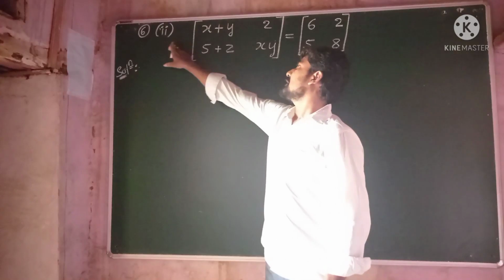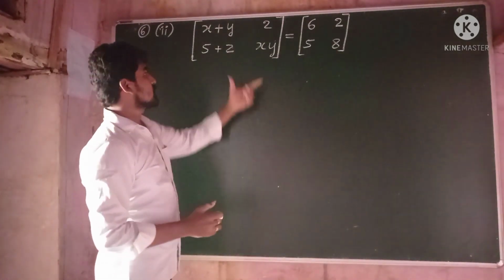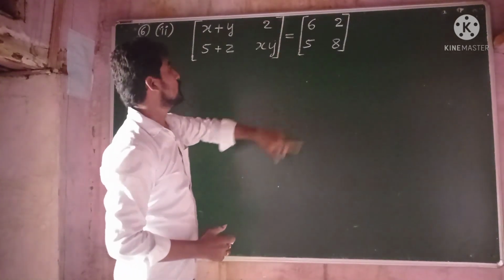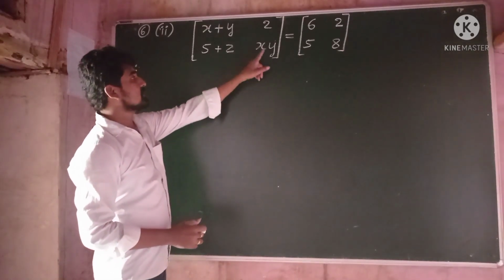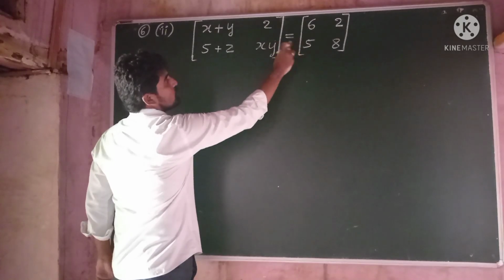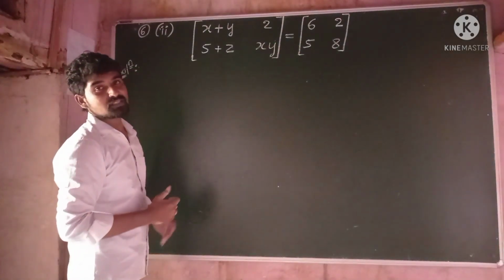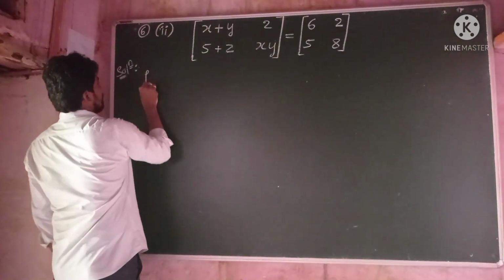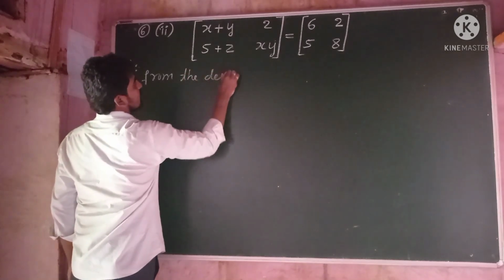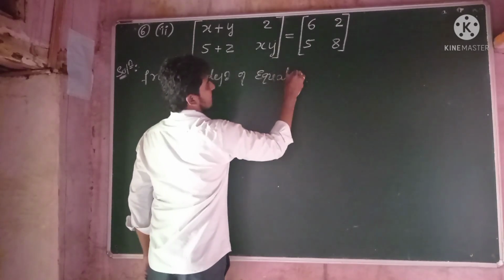Now the second question in sixth one. So here also he has given that two matrices are in equality condition and we need to find the values of x, y and z. Since these two matrices are equal, hence their corresponding elements should be equal. So therefore, from the definition of equality of matrices,